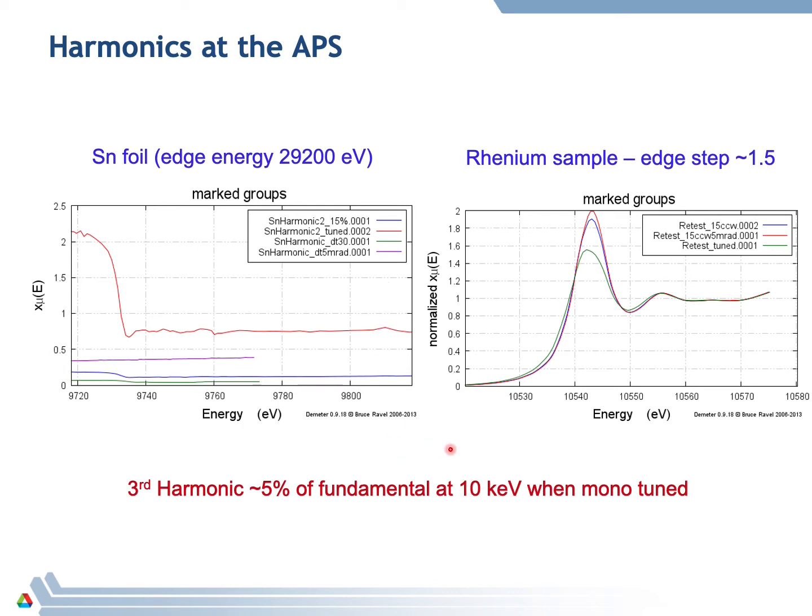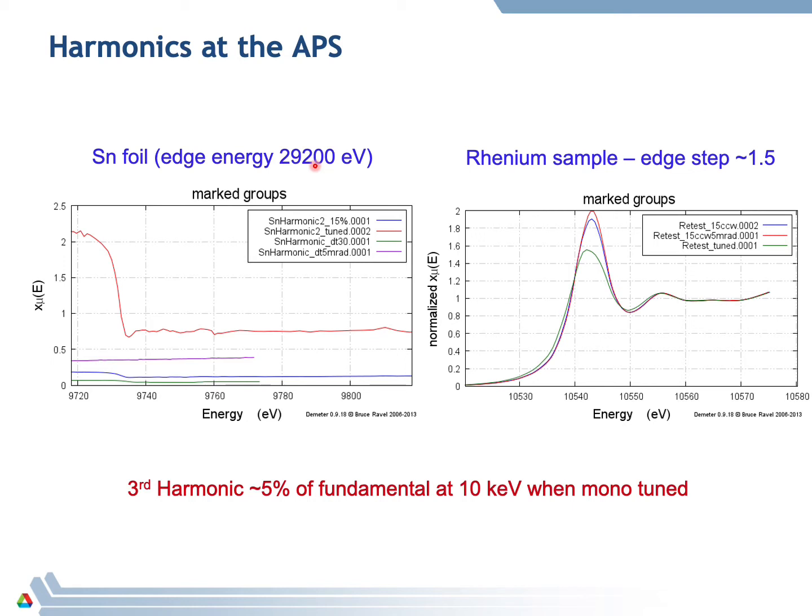Now, at some synchrotrons, the intensity drops off fairly rapidly with energy, so the harmonics maybe are less of a factor. But at a high energy ring like the APS, there's a lot of harmonics. I show an example here where, to measure the harmonics, what we did was we put in a tin foil, which has an edge at